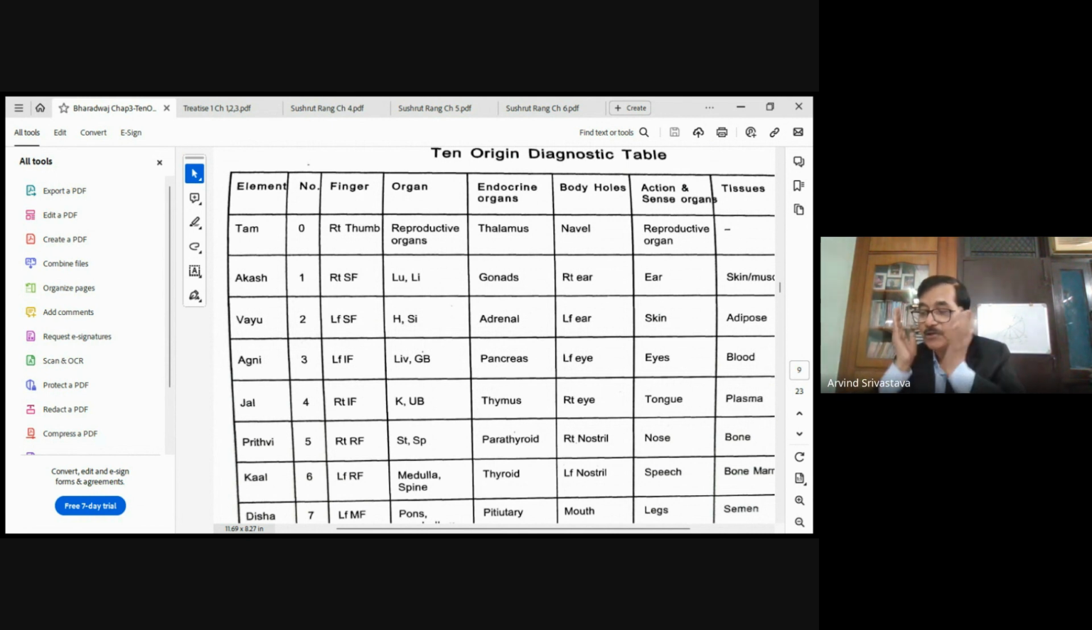Two ears, two nostrils, two eyes, one mouth. All seven: two eyes, two nostrils, one mouth, two ears. Now we keep it very simple, starting from one, right ear,